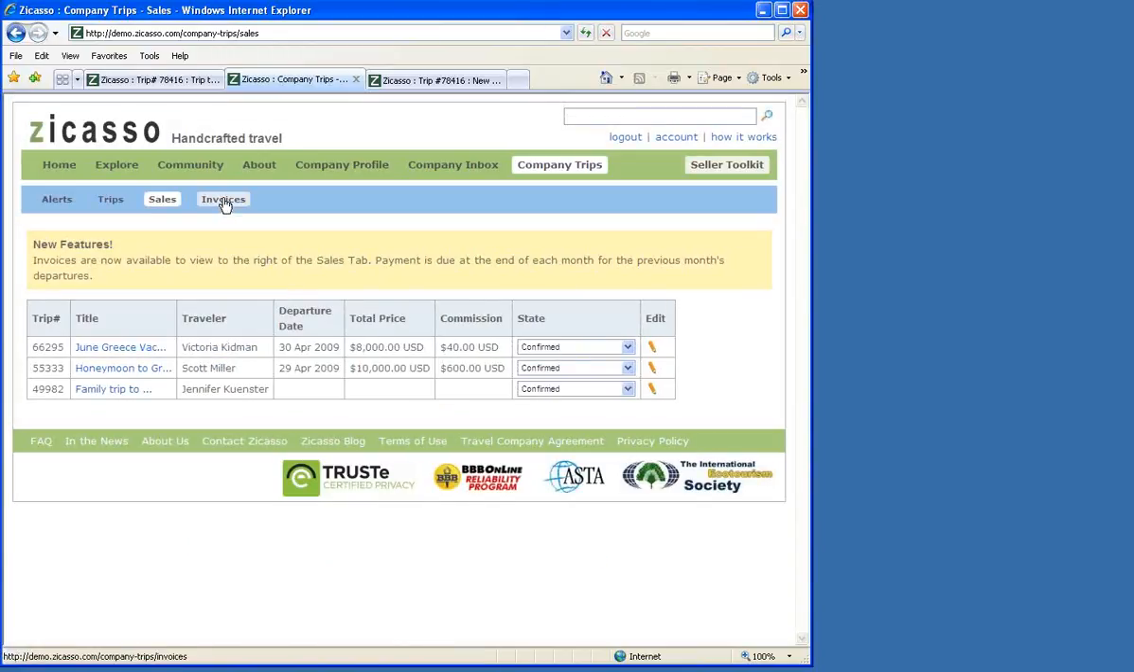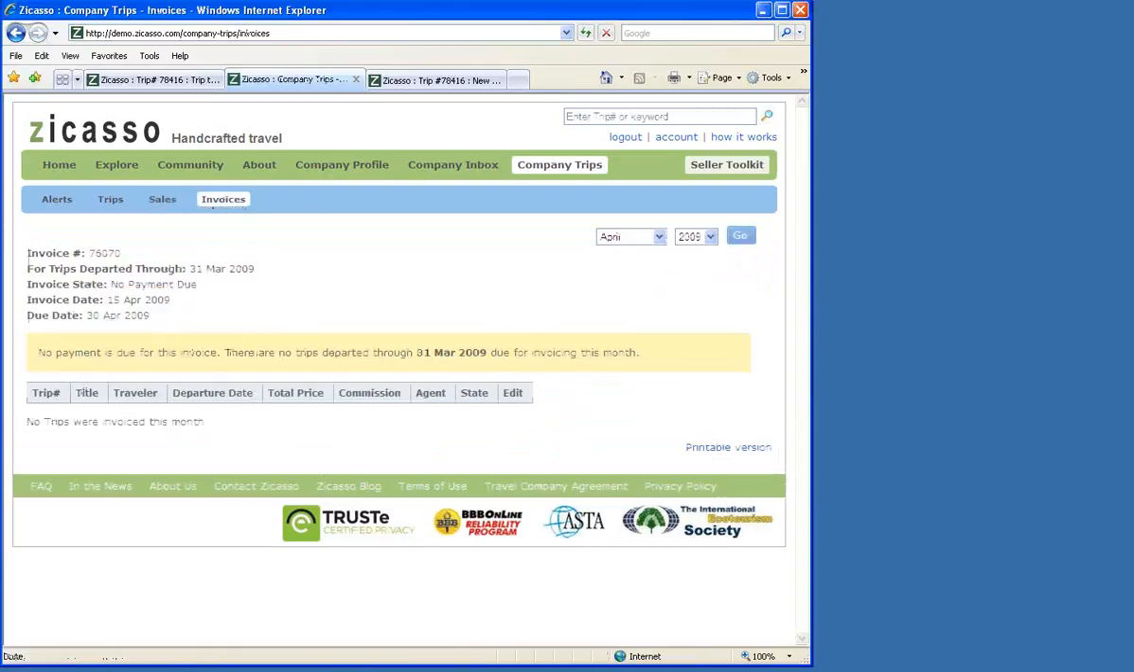And then for the month of travel, we will invoice you on the 15th of the next month, and the commission is due by the end of the next month, after the month of departure. So that is the life cycle of a